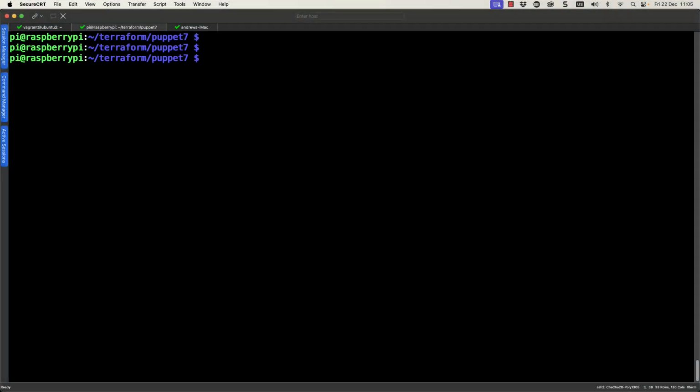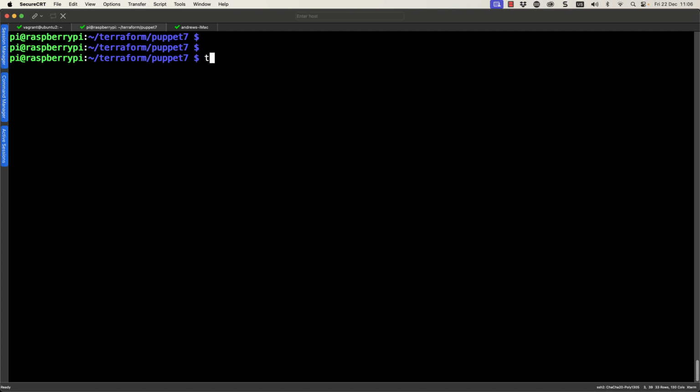And here we are, and a glorious welcome to our wonderful Raspberry Pi and the Linux command line. What are we going to be doing here? Well, you can see that I'm in my Terraform directory, and I use Terraform on my Raspberry Pi to deploy the virtual machines for my online training courses. At the start of the training course, we have to assign IP addresses to our students.